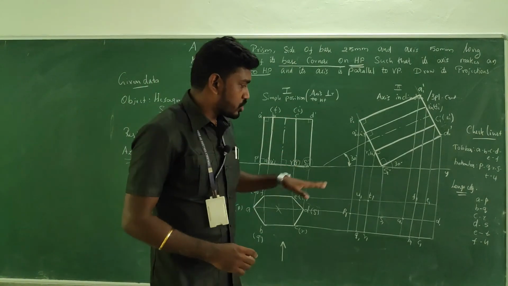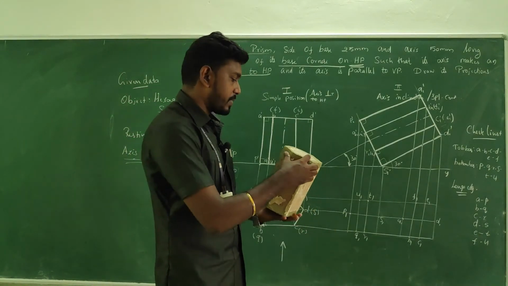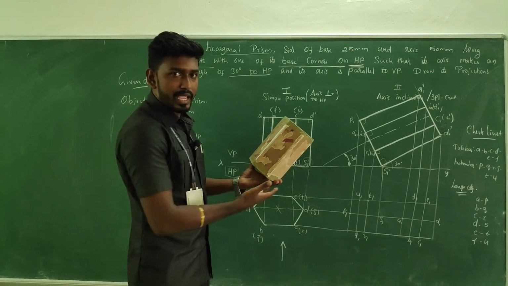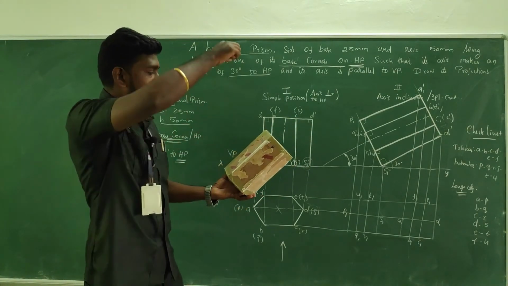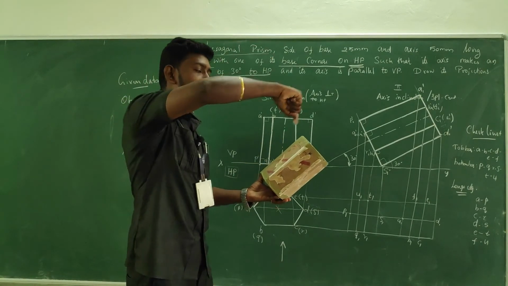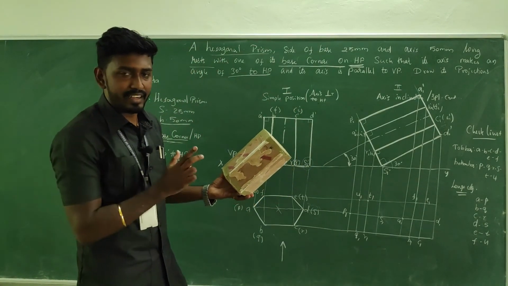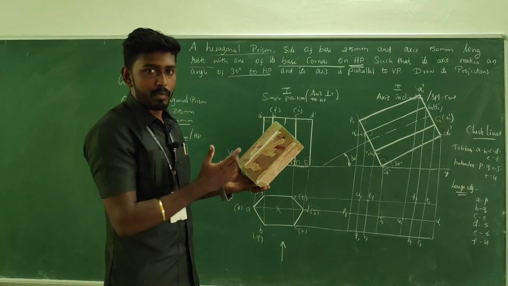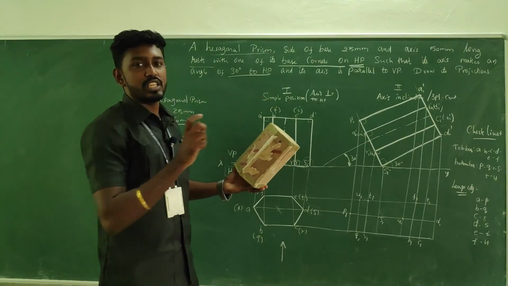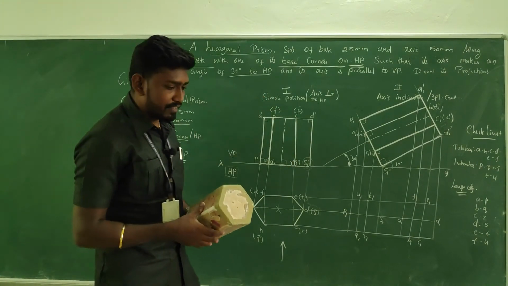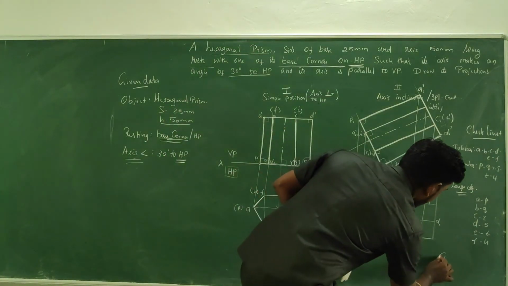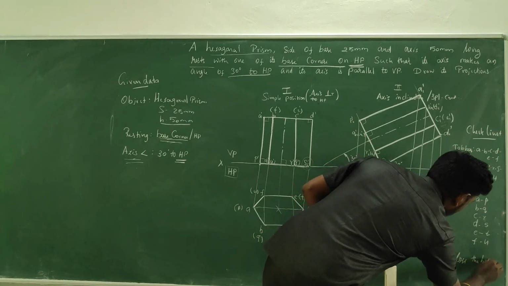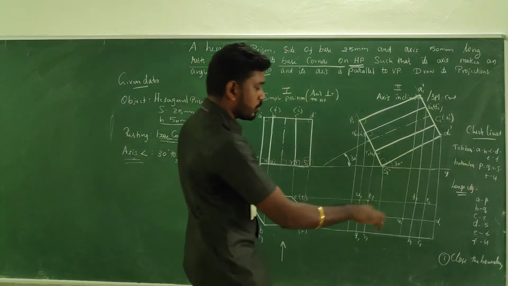Right. So now we are going to mark the things. Always remember, when the object is tilted with respect to any of the planes, anyhow, when you are taking the observation, the boundary will always be visible. Definitely there will be a boundary for any object. If it is kept at any position, there will be a boundary. So the outermost edges will be visible, right? So without confusion, first, close the boundary. That means the outermost points.